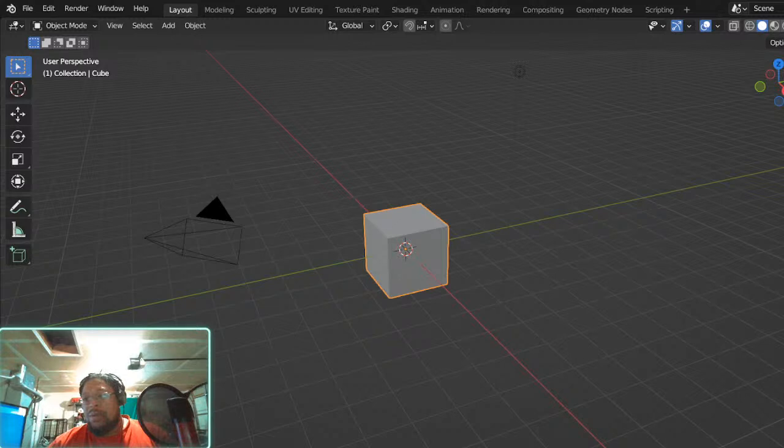Check my units out. I always got to remember where the heck my units is. Where's my units? Units. Where is units again? And I'm supposed to be the expert. But it gets me every time. I'm like, where the heck can I find the units at? I want to make sure this is in. Here we go. Units right here.